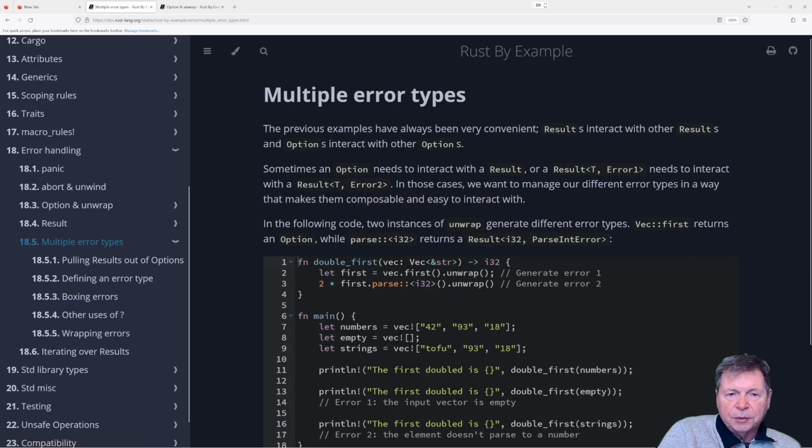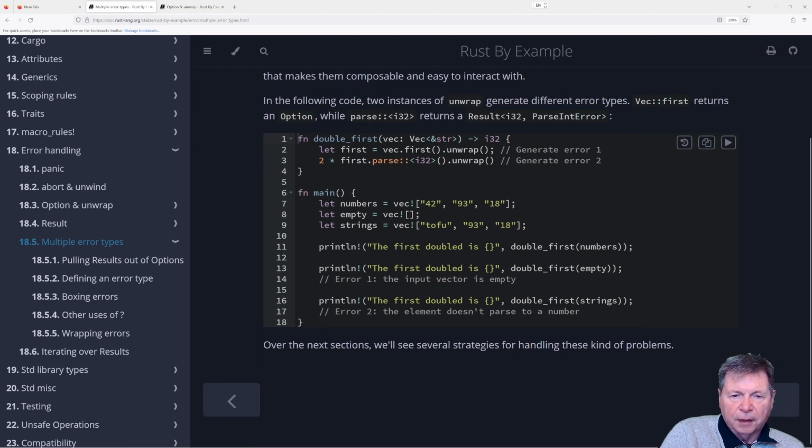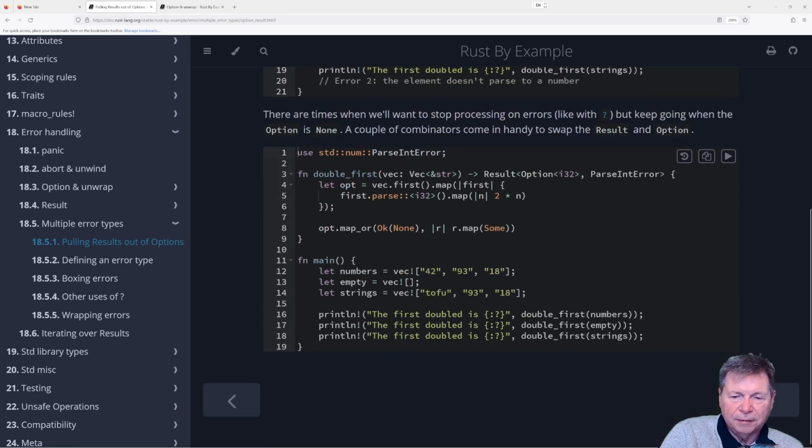Multiple error types. Sometimes an option needs to interact with a result, or result needs to interact with a result of this kind of thing. You know what? I've just pulling results out of options. Fine, whatever.